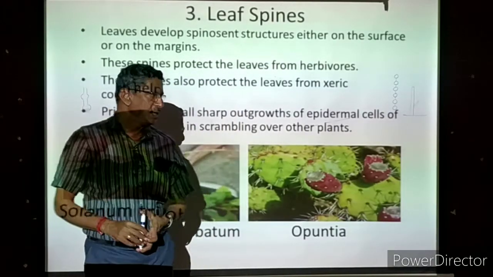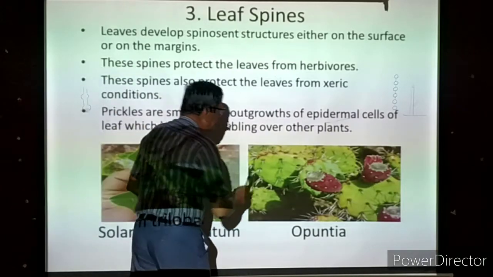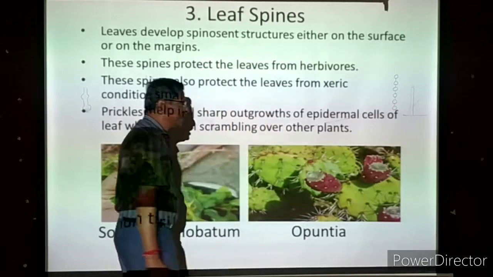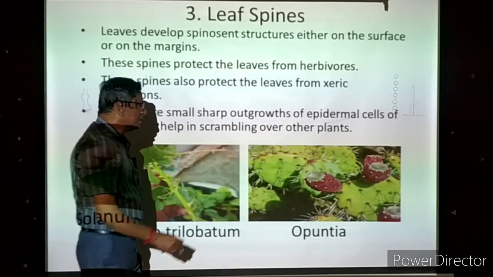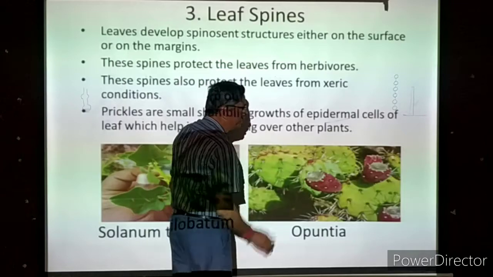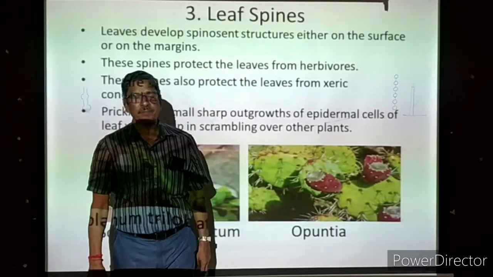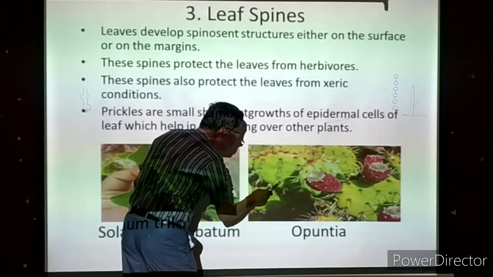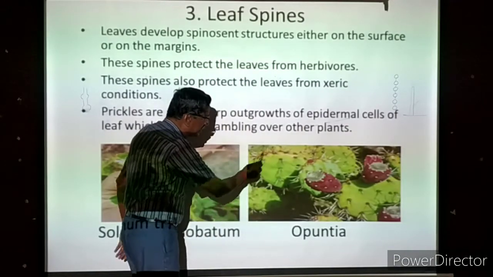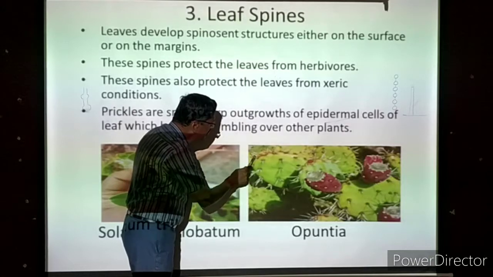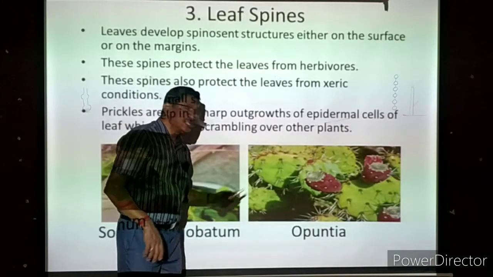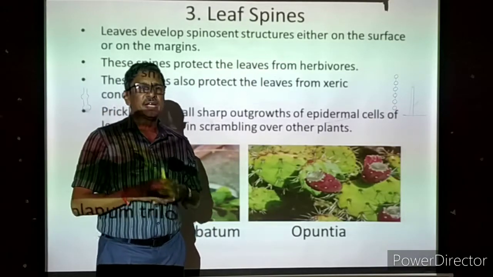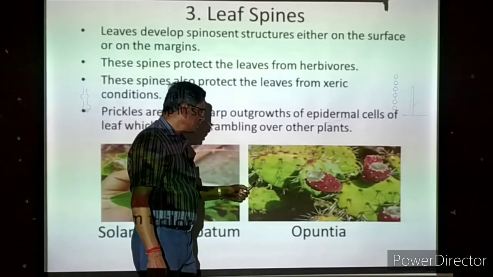It is called a cactus plant. Now in Opuntia, the stem is modified into a green flattened structure. Already we have studied this in stem modifications. The stem is green and flattened, performing the function of photosynthesis. They are provided with chlorophyll. But the leaves are modified into groups of thorns. You see that over the green stem, a lot of sharp thorns will be present. So the thorns are nothing but modified leaves. So you can't find the green flattened leaves. So they are called thorns.